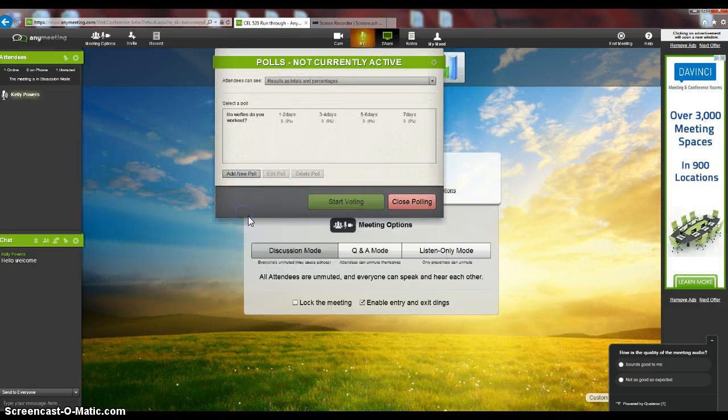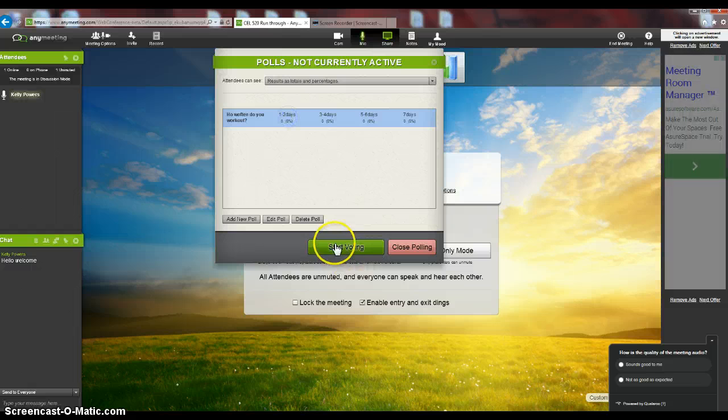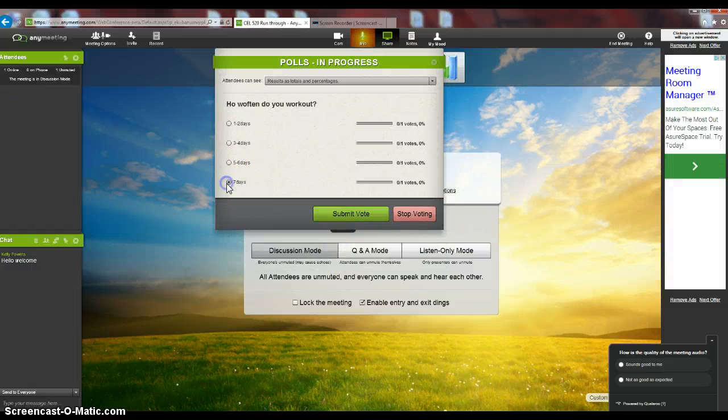So then you can click Save New Poll. You can start voting on it. You know, it shows you what you would answer. So submit vote. So it shows 1 out of 1 or 100%. So if you have 50 kids in the class, you can see the different percentages or numbers, whichever one you